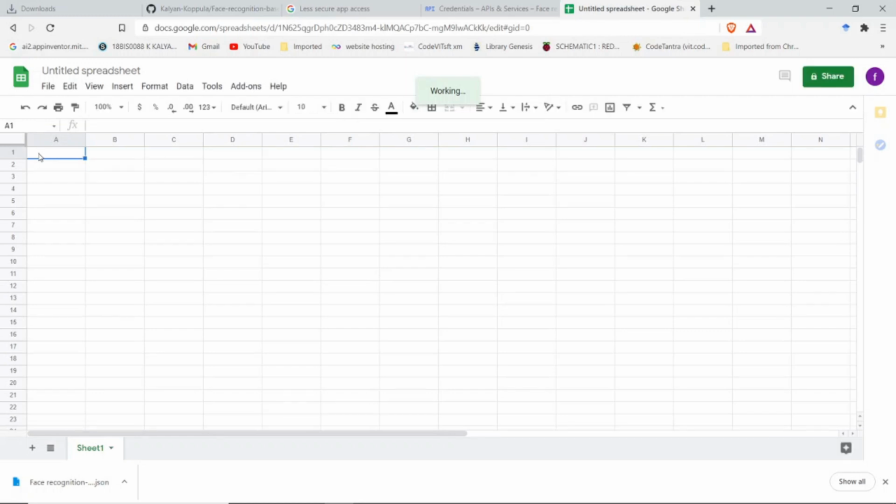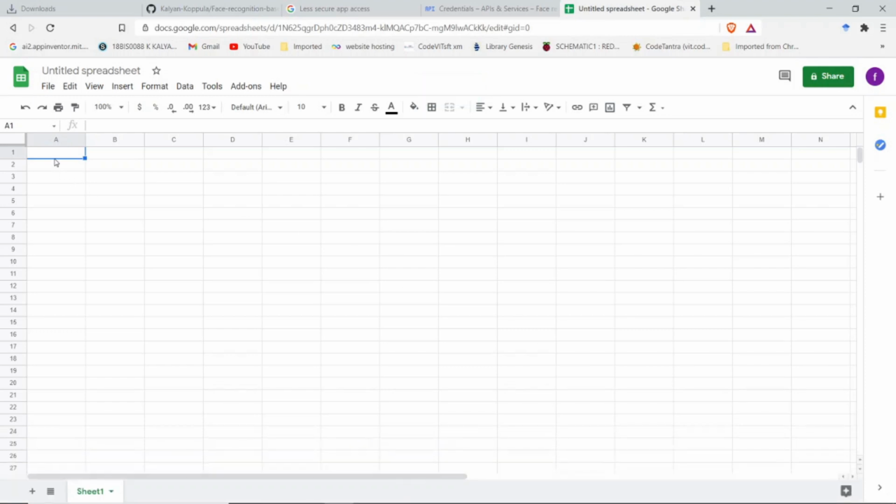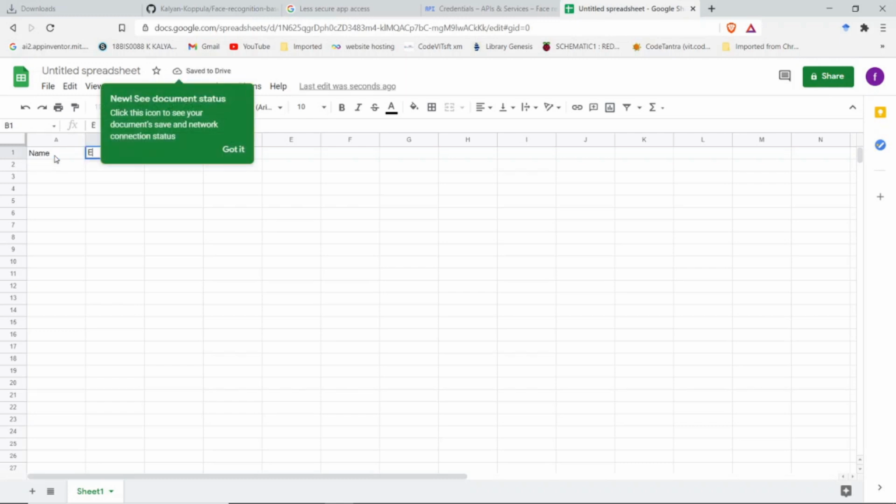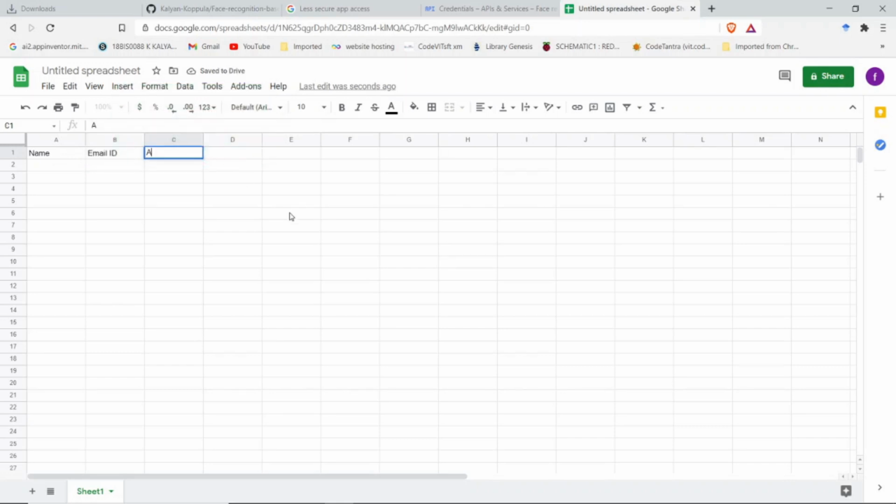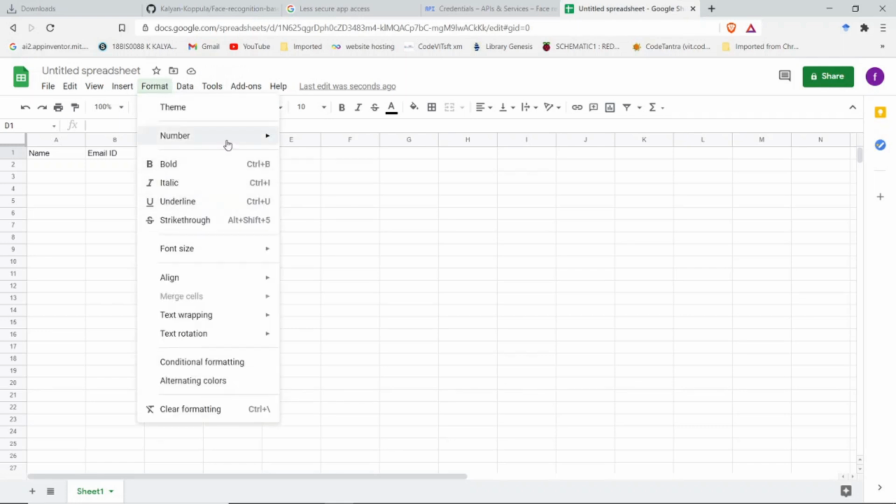And now here we need to name these columns. For the first column, we'll be saving the name of the employee or student. Then we'll be saving his email ID. Then the OTP for his app, followed by dates. So format this column to date.